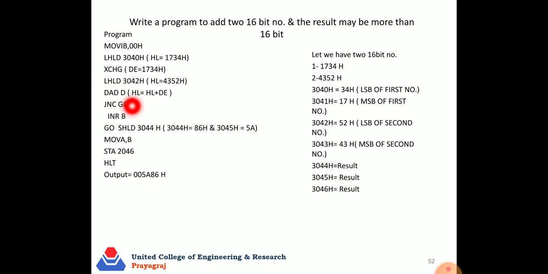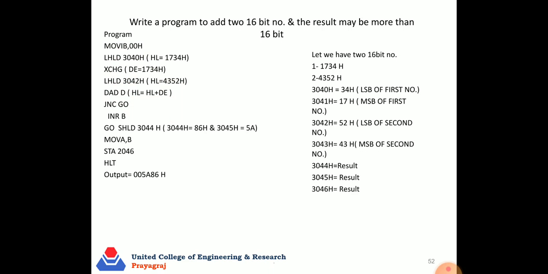After that we write instruction DAD D. DAD D means HL is equal to HL plus DE. So the first number and second number are added, and the result will be stored in the HL pair. After that again we have two options.